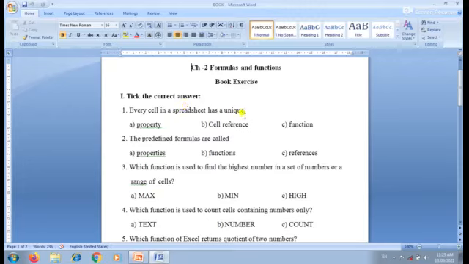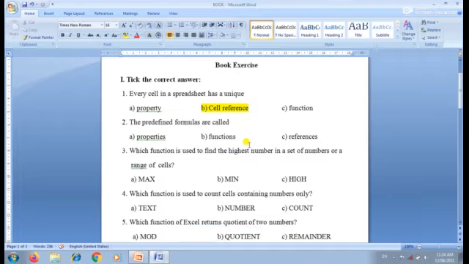First question: every cell in a spreadsheet has a unique, options are given, property, cell reference, function. You know each and every cell, how we can identify this cell? With the help of the cell reference. Each and every cell in a spreadsheet has a unique cell reference.